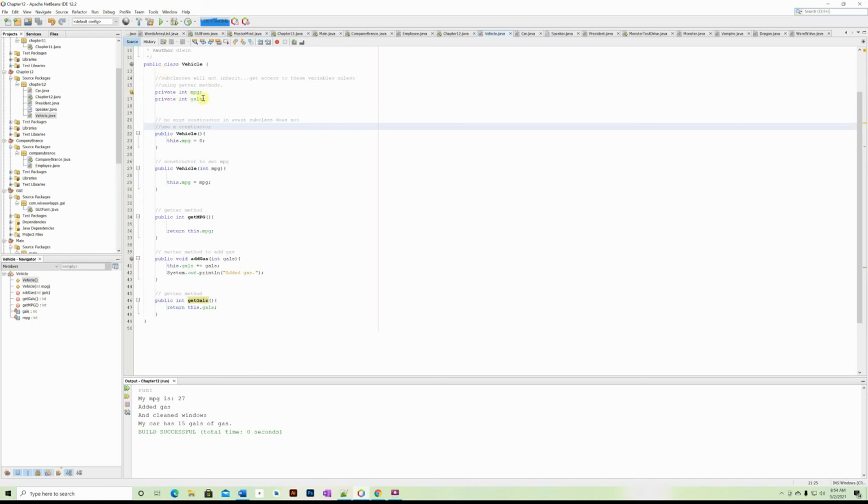It has a couple of private instance variables. Now, subclasses will not inherit or get access to private variables. The only way you get access to them, if they're declared private, is to use getter and setter methods. And technically, when we say they don't inherit, what we mean is that they don't get access to those